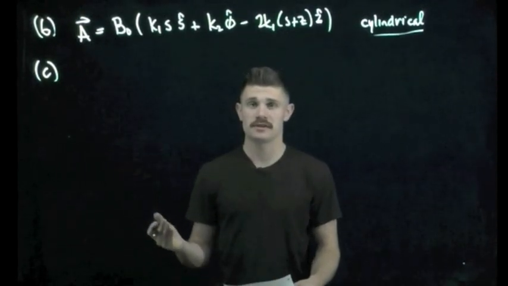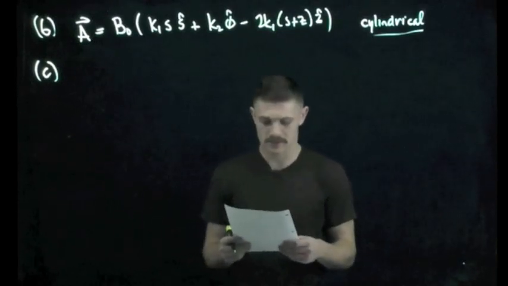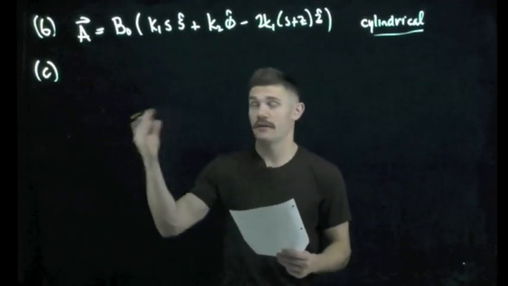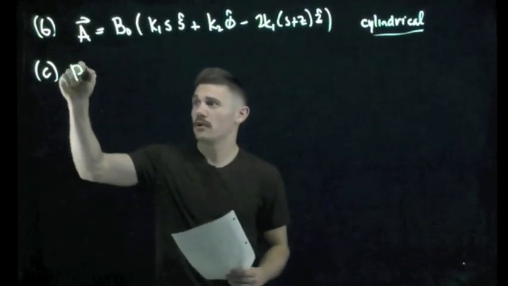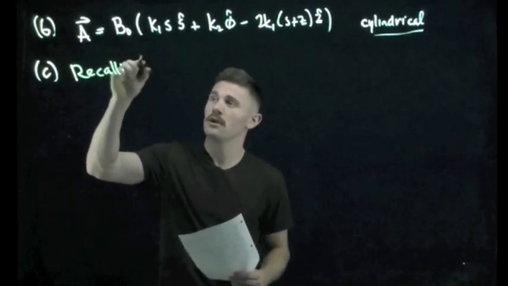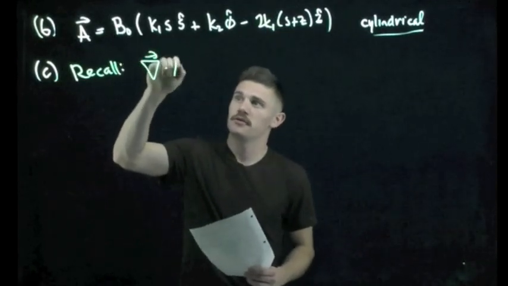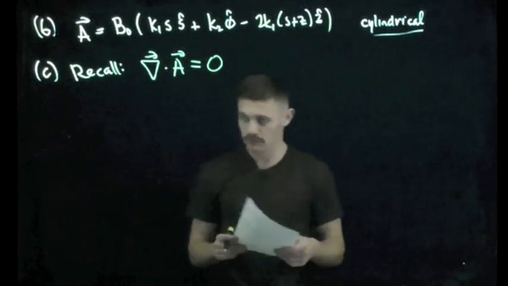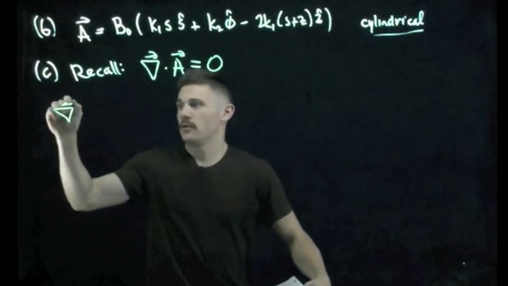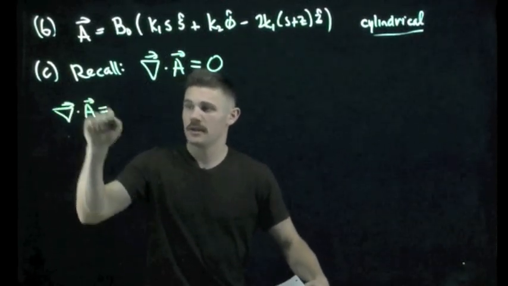For the last part of question 6, we want to look at C, and it asks us to find whether or not this magnetic vector potential is in the Coulomb gauge. Now we want to recall that the Coulomb gauge is defined as the divergence of the vector potential A is equal to 0. So we want to find what the divergence of this field is, and again from our formula